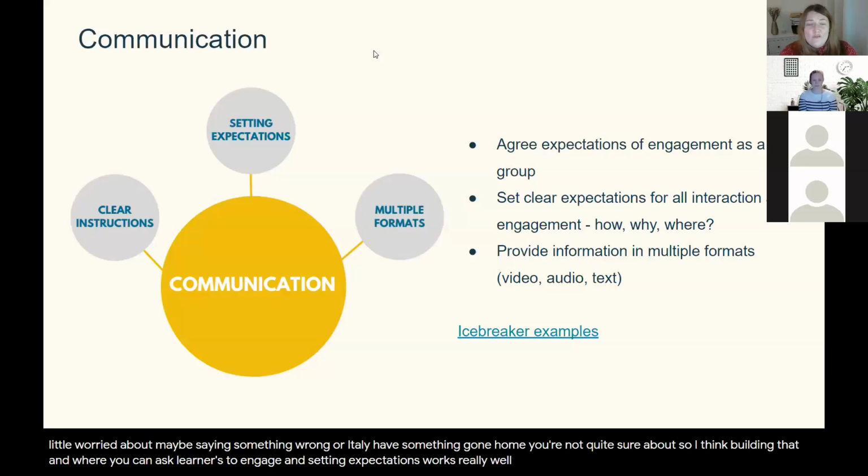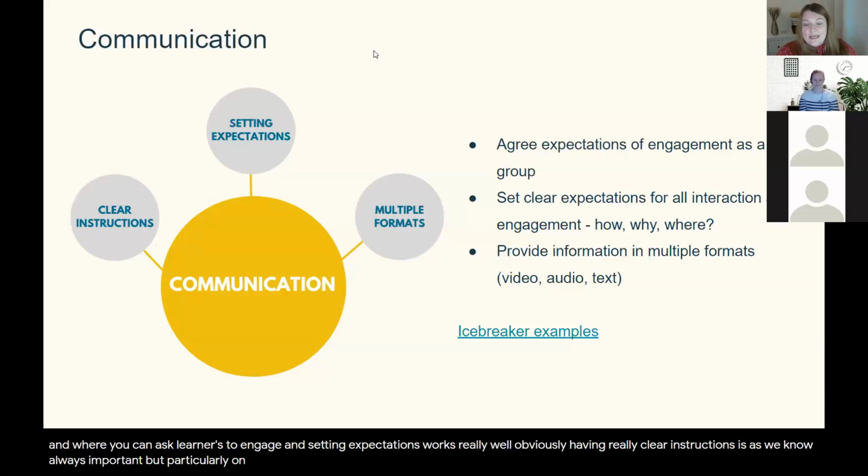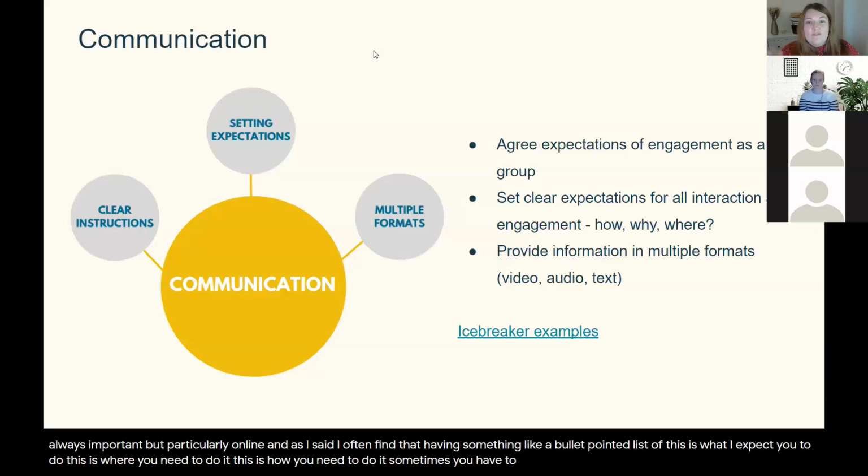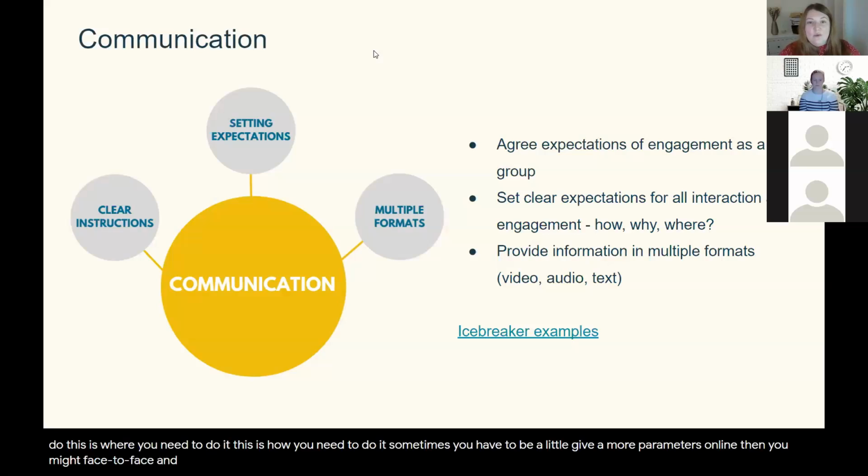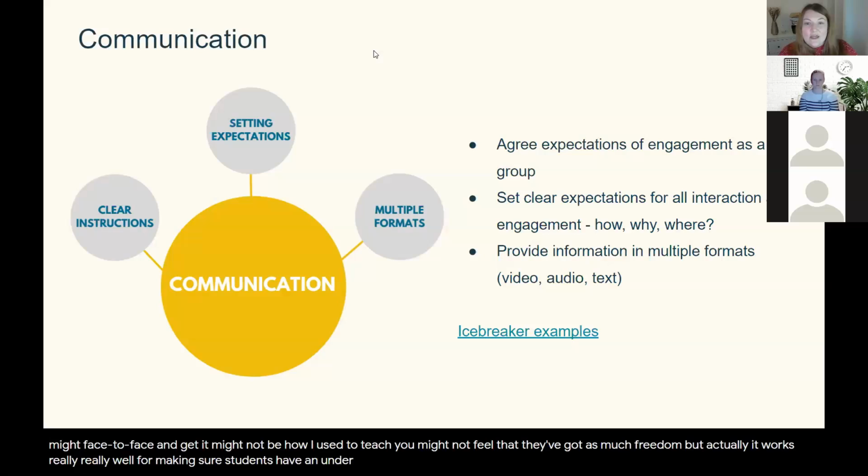works really, really well. Obviously, having really clear instructions is, as we know, always important, but particularly online. As I said, we often find that having something like a bullet pointed list of this is what I expect you to do, this is where you need to do it, this is how you need to do it. Sometimes you have to give more parameters online than you might face to face. And again, it might not be how we're used to teaching, or it might not feel that they've got as much freedom, but actually it works really well for making sure students have an understanding of what they're supposed